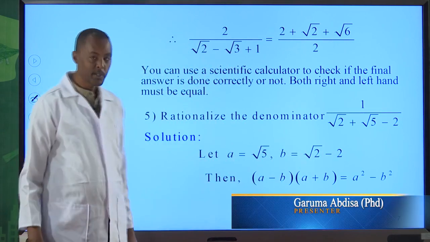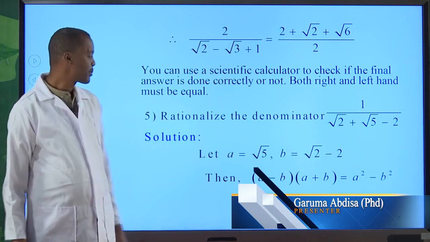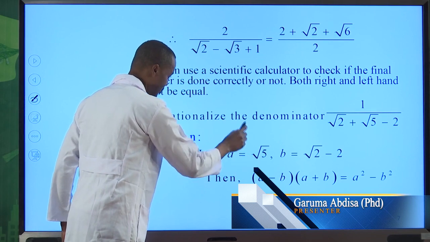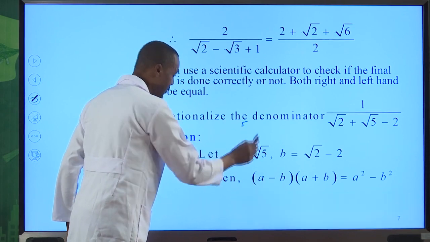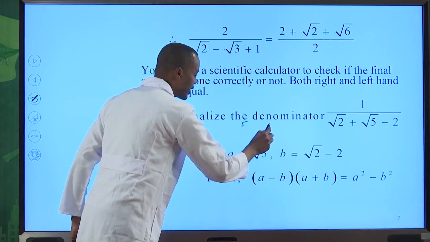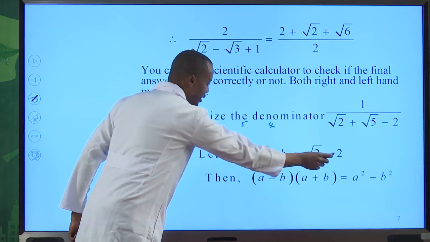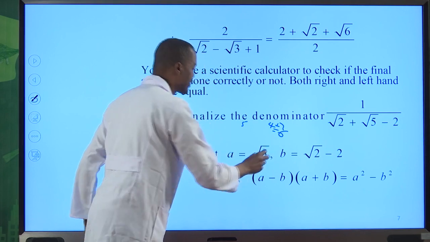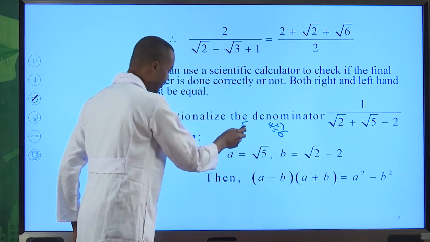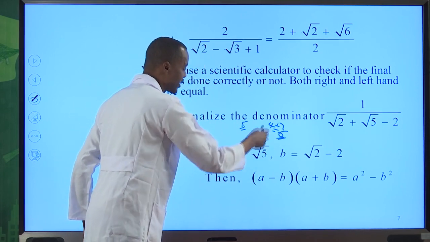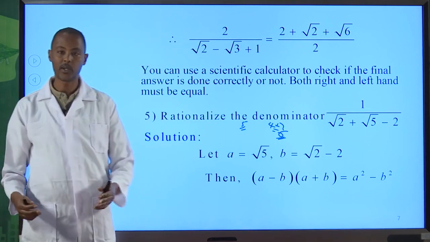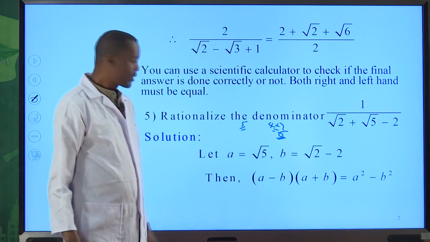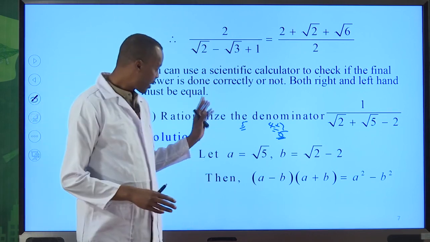What makes this problem a little more challenging than the previous one is root 5 squared. If I square this term, I will get 5. 2 squared is 4, plus this 2 squared is 2. 4 plus 2 is 6. From the other part, I have 5, and from the other part, I have 6, which are not equal to each other. So the consequence of this is that I have to approach this problem